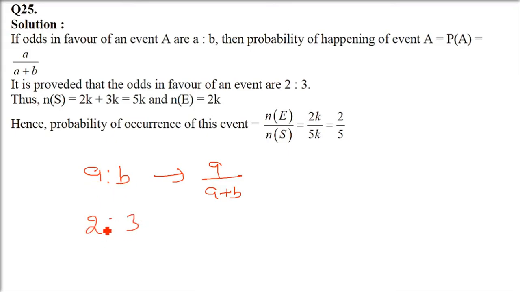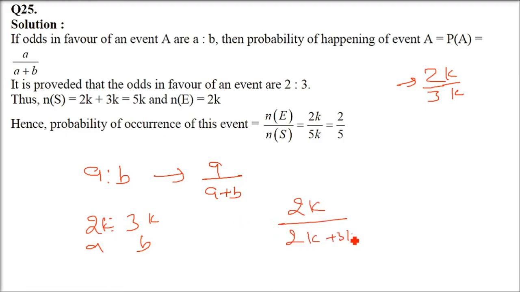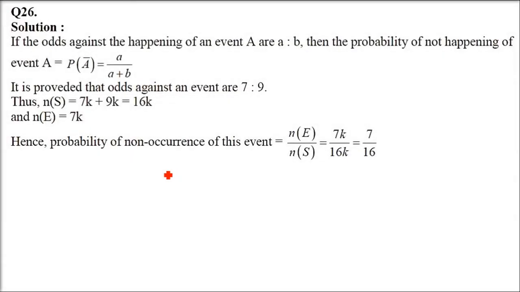Because it is 2 is to 3, first we will try to make it such that something gets cancelled in numerator and denominator. We can also just write 2 by 2 plus 3. It is also the case, but we have to follow a proper procedure. So let us say this is 2k and the other is 3k. A is 2k, B is 3k. So we have 2k by 2k plus 3k. See, the answer will be the same if you don't use k, but this is the ideal way of doing it. You have to do 2k like this. So 2 by 5. You just have to remember this A by A plus B.